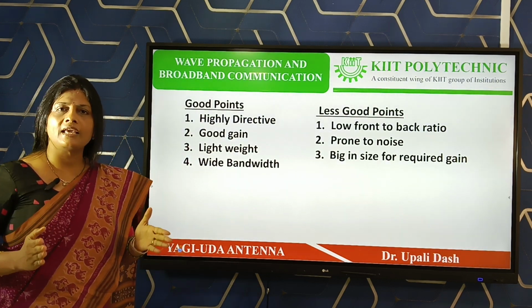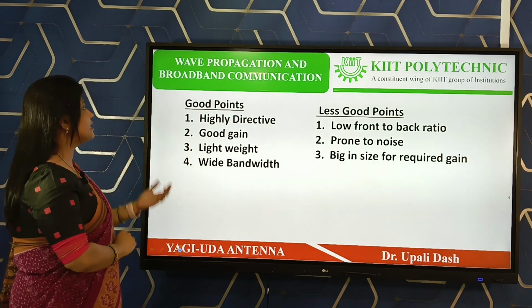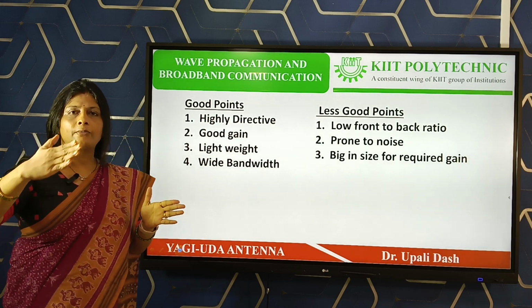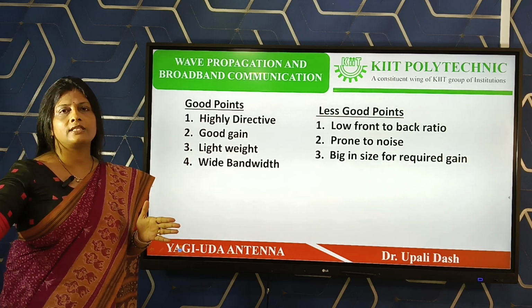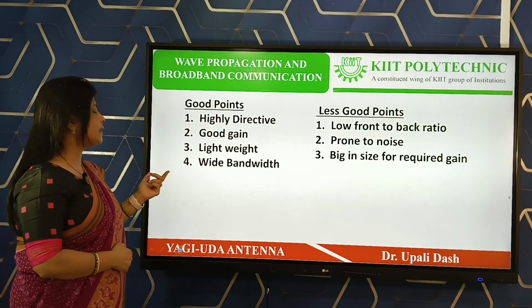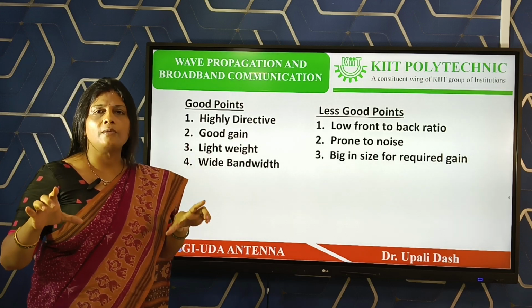The good points are many as compared to bad points, but we should know all the points. Good points means highly directive, because as we know, the more number of directors we keep after the feeder element, it will give good directivity. So good directivity, very high gain,